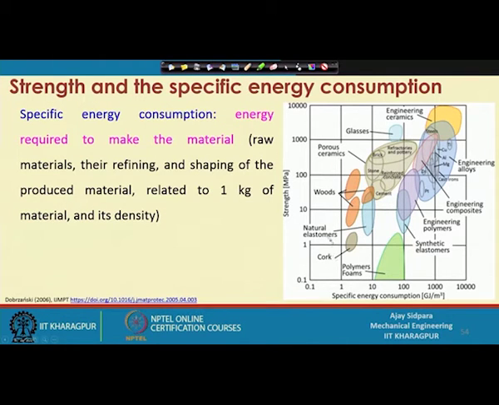Now, if you see here, these are the polymer foams, woods and all these things. You do not need to spend more energy to shape these things, right, because these are soft materials, but the problem is that the strength is also very low. So, this particular category of material, whatever it is showing here, is not suitable for the construction of the machine, correct.